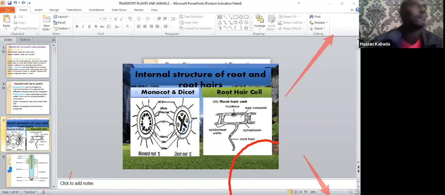If you're told to go and bring a book from somewhere, you go to that place and you did not find the book. So when you come back, you have not transported that book to whoever has sent you. Why? Because you did not find the book. Similarly, for this water and mineral salts to be transported from the roots to other parts of the plant, including the leaves, there must be